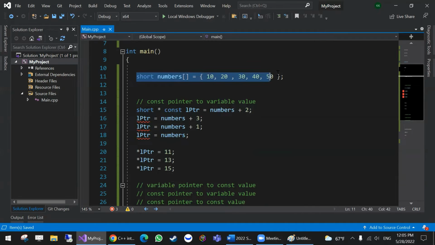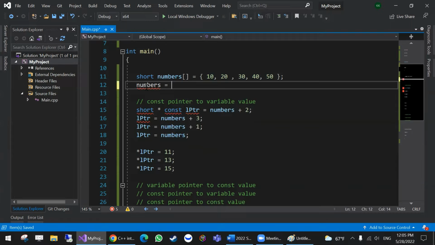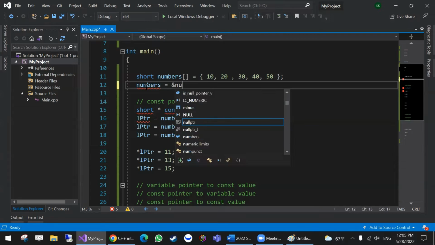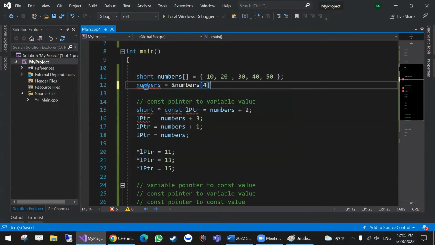Remember the example numbers? Numbers was created as an array. That means it's constant pointer to variable value. And the fact that I gave it a memory address, which is the address of 10, doesn't allow me to give it any other